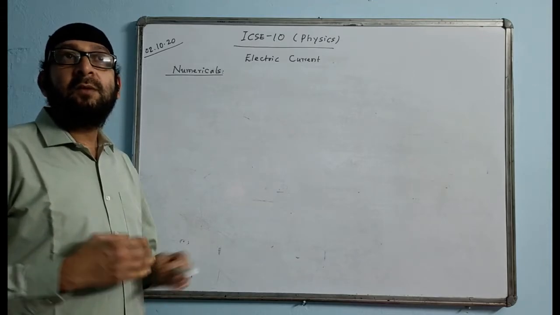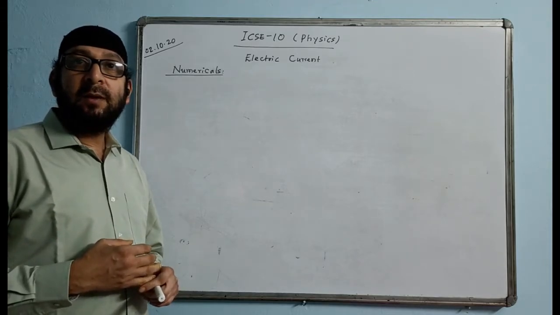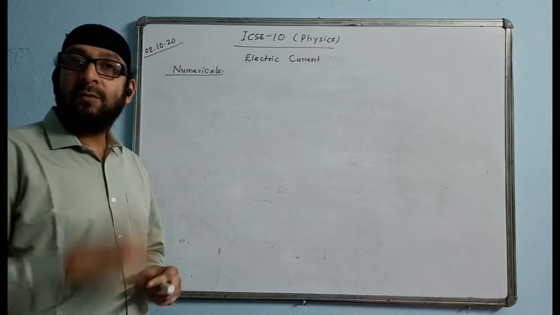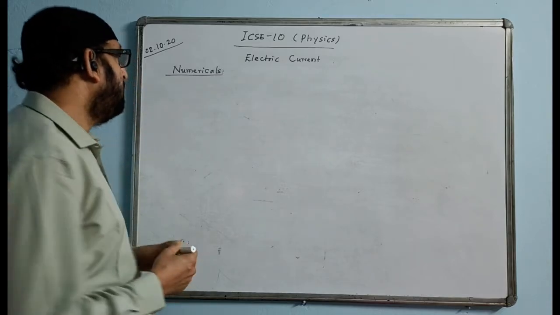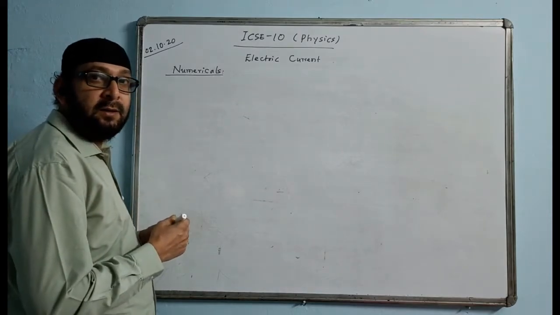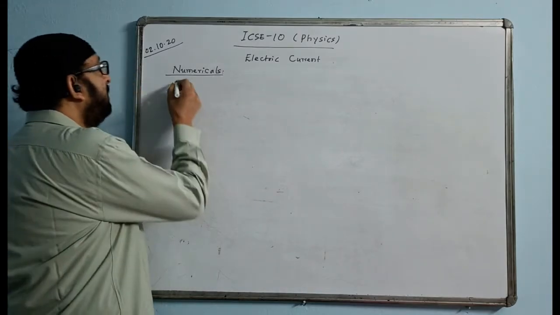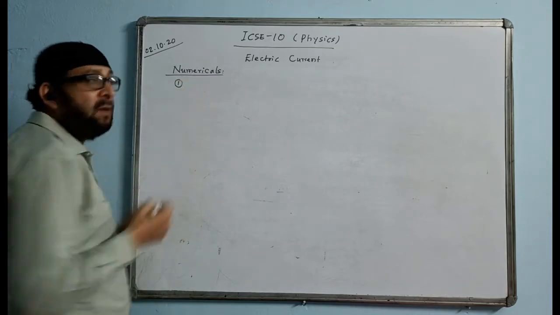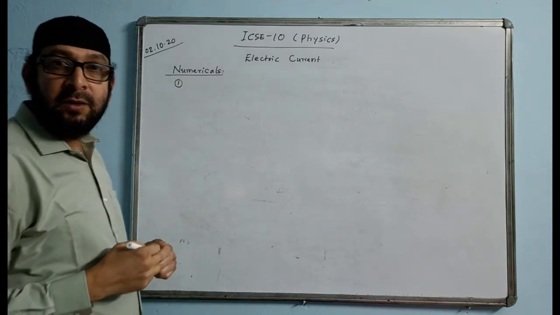And then in some questions we have to find current. Then the current formula will be I equal to V by R. Ohm's law will apply. So they will give a question that says find the equivalent resistance of the following circuit. First question, find the equivalent resistance of the following circuit.